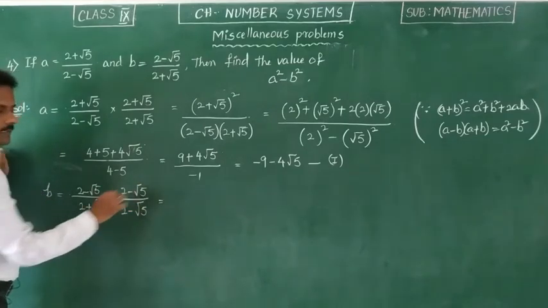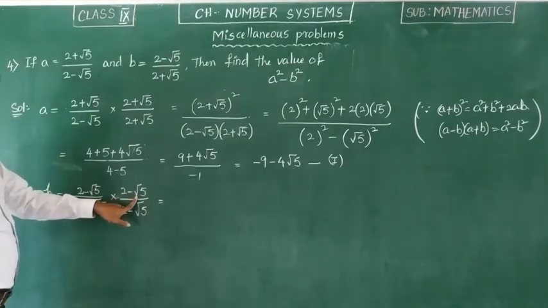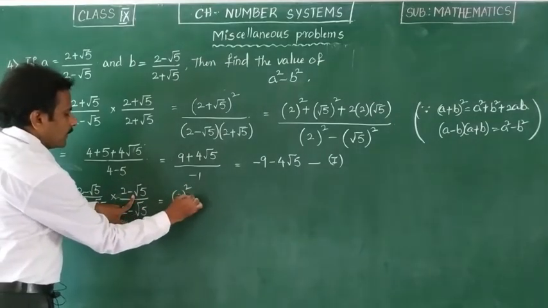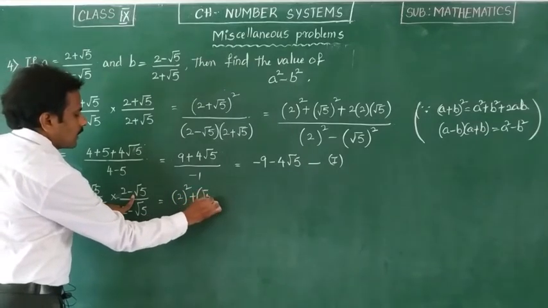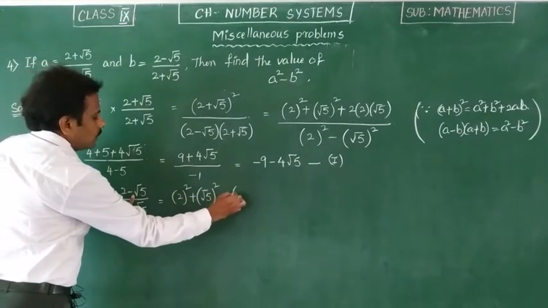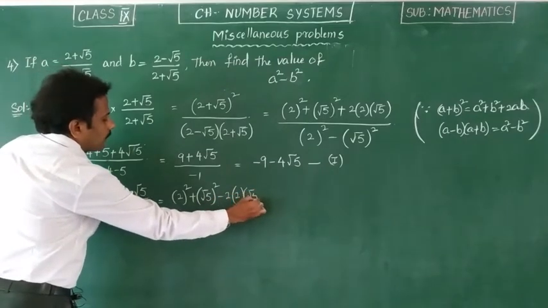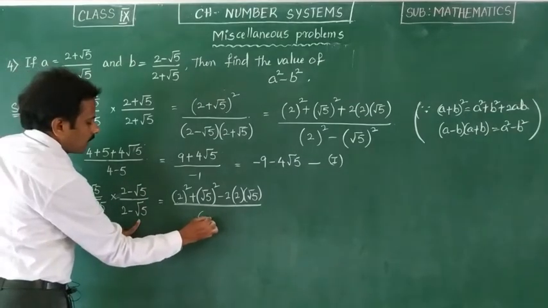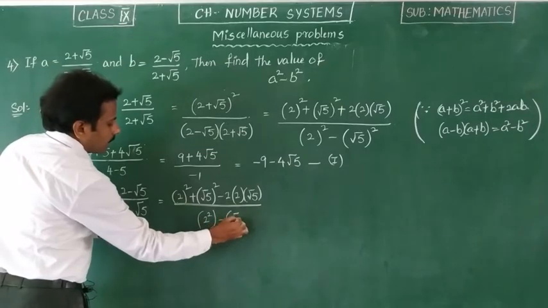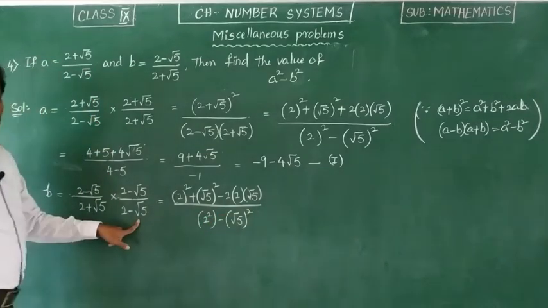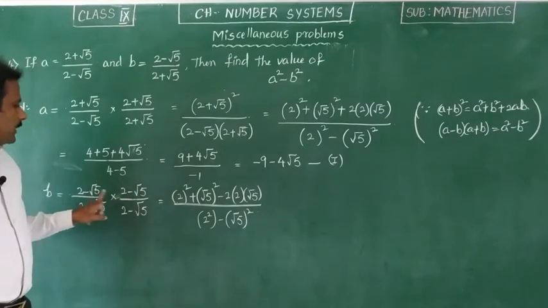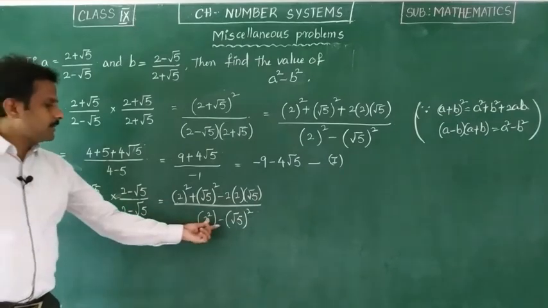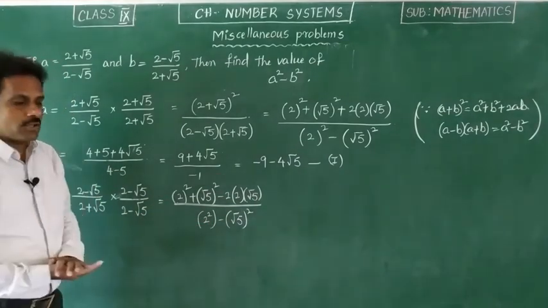Here I am writing the direct step. That is a minus b whole square, a minus b into a minus b, we get a square plus b square minus 2ab, minus 2 into root 5. Whereas here a plus b into a minus b is a square minus b square. So you can mention the identities whatever you applied here. One is a minus b whole square, that is a square plus b square minus 2ab. Another one is a plus b into a minus b, that is a square minus b square. You need to mention it aside.